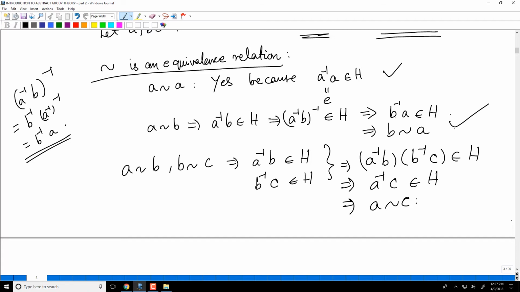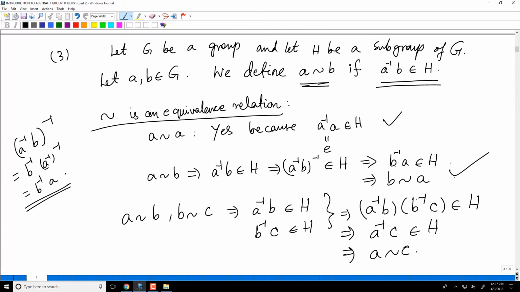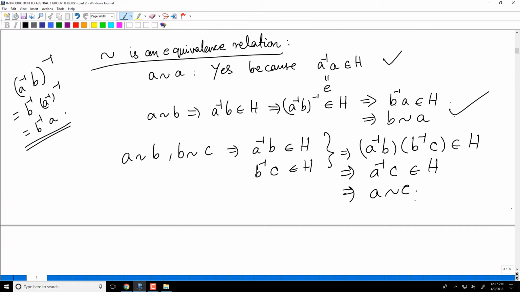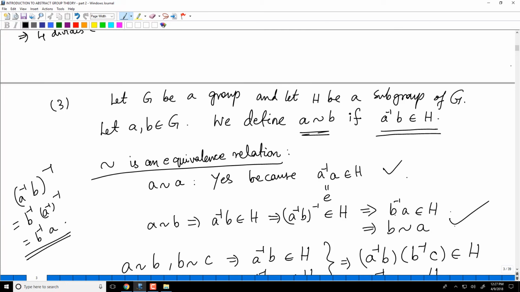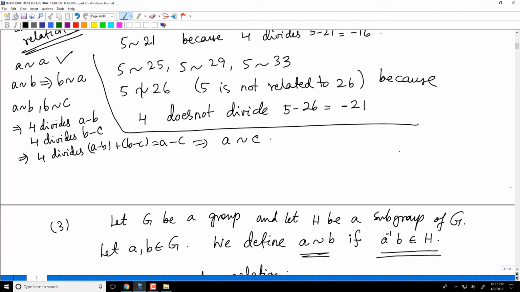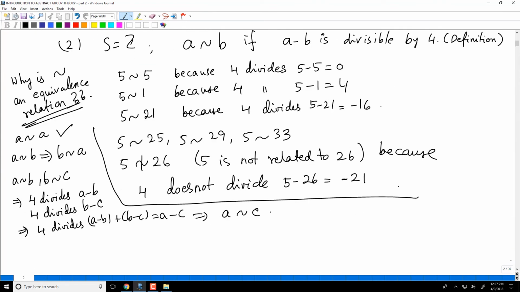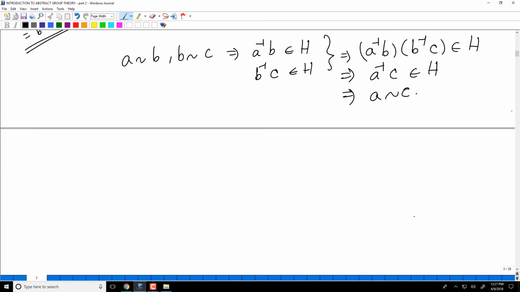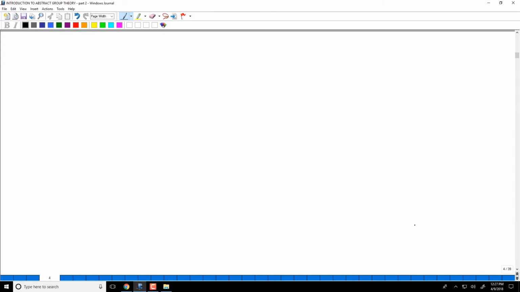So this is an important equivalence relation, and this is something that we will explore in great detail later. So I looked at 3 equivalence relations on sets. So now some important properties of equivalence relations. Equivalence relations give equivalence classes.